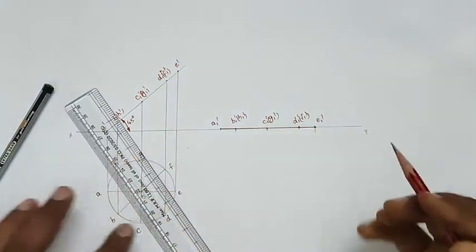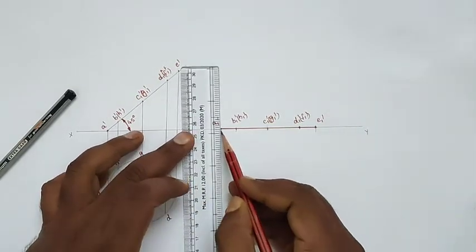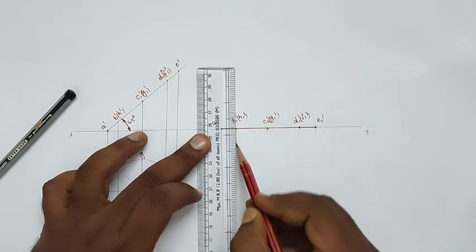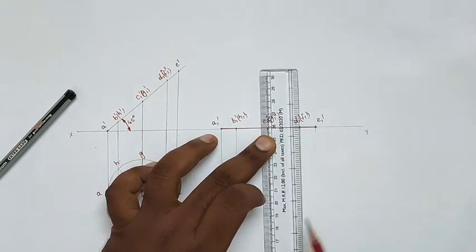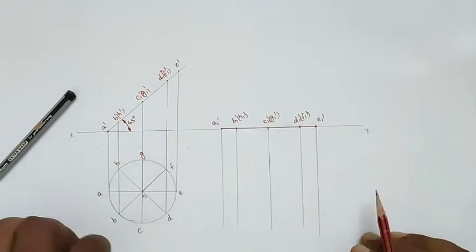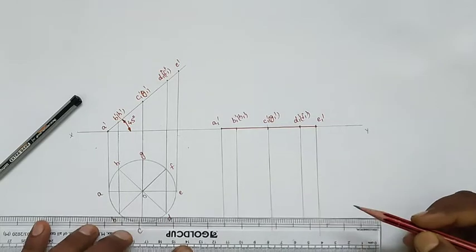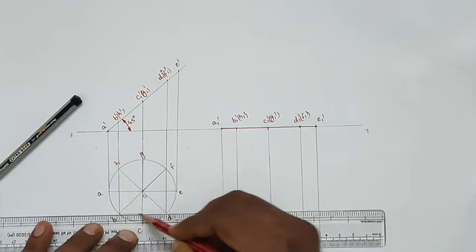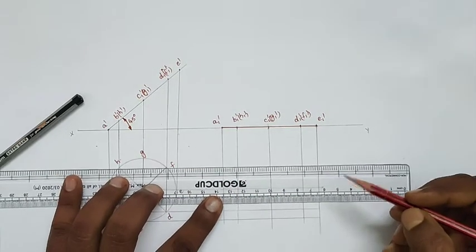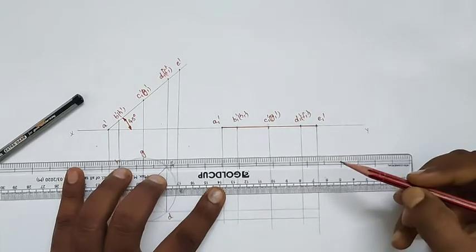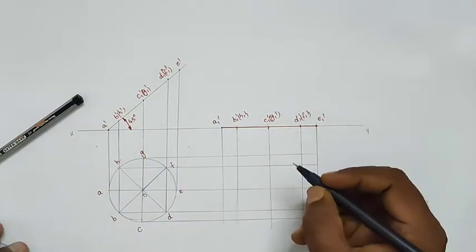Now after drawing the second front view, for drawing the true shape, we will draw the projections like that. From the second front view, draw the vertical projection lines. Next, from the first top view, draw the horizontal projection lines. From the points on the first top view, draw the horizontal projectors. H and F are on one line, and from G also we will draw the horizontal line. Now locate the corresponding intersecting points.